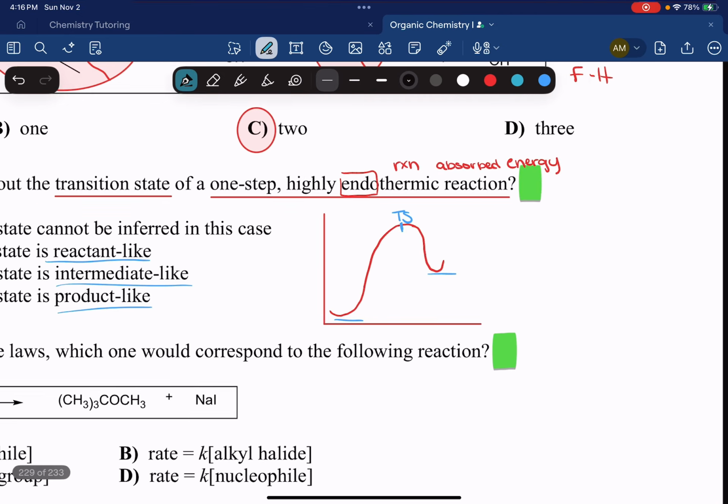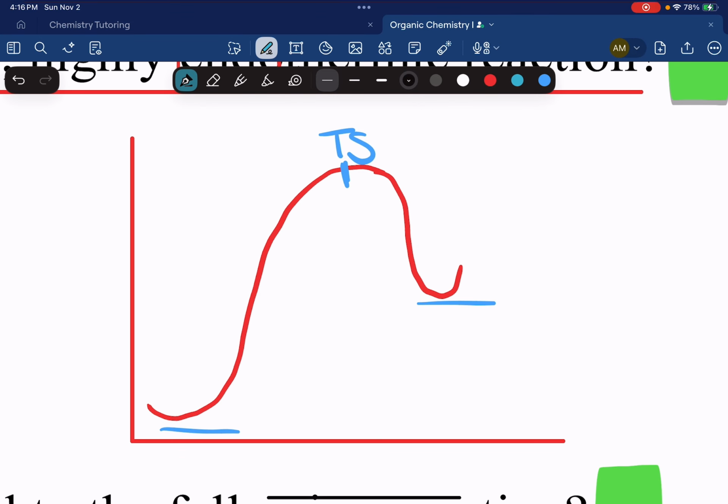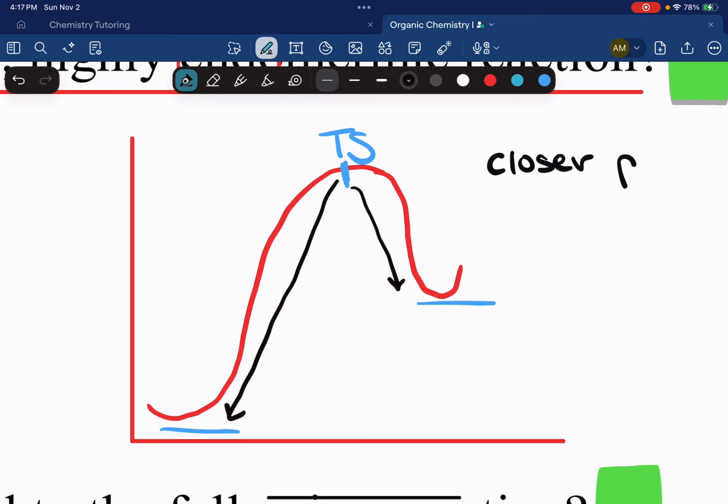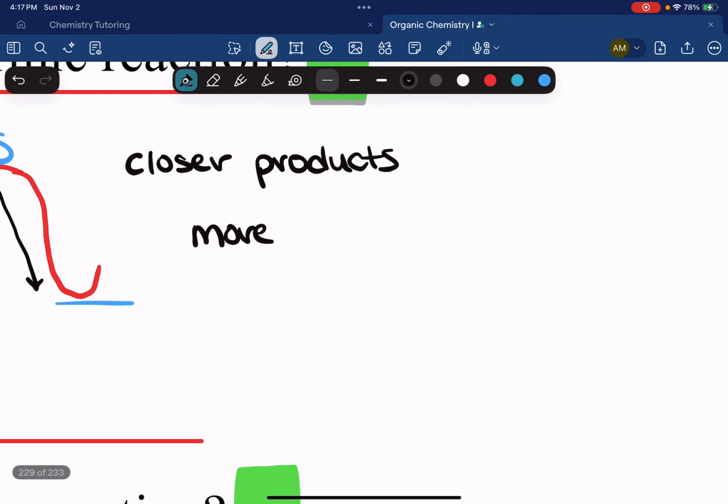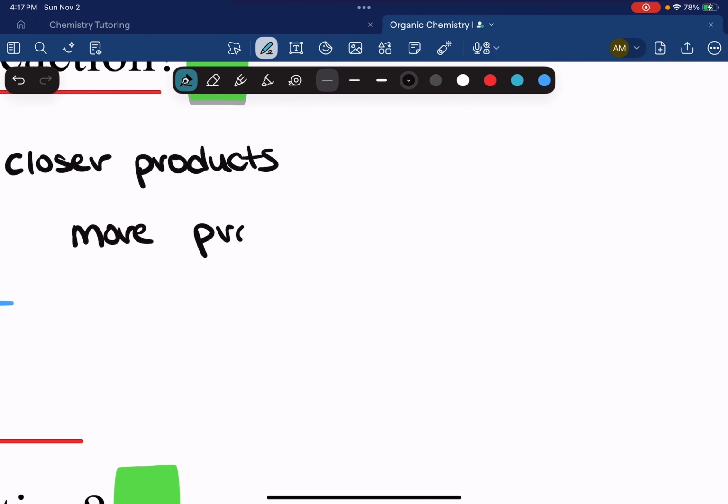So if we're looking at this, where is the transition state closer to? Closer to our products, right? And if it's closer to our products, that means it is more product-like